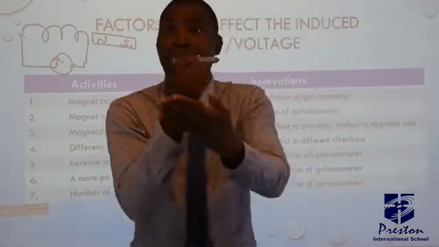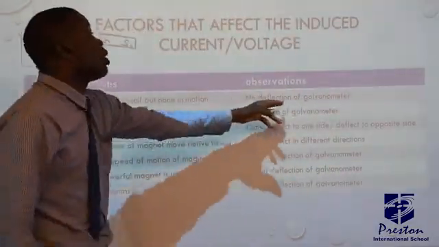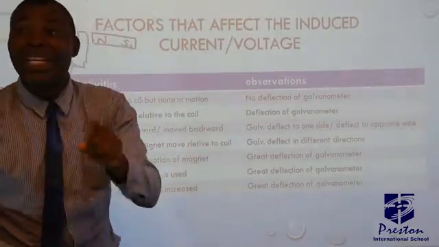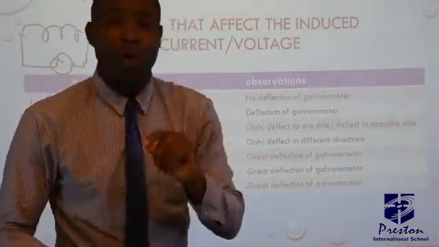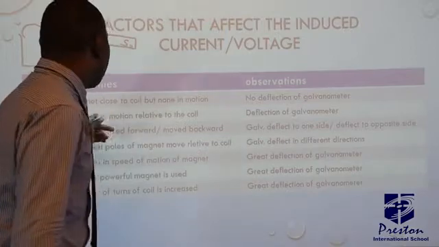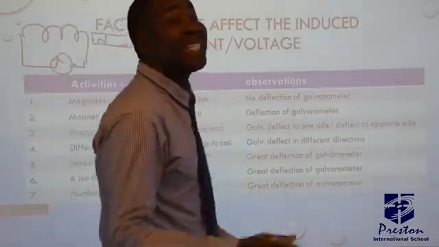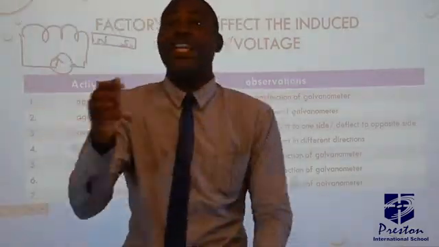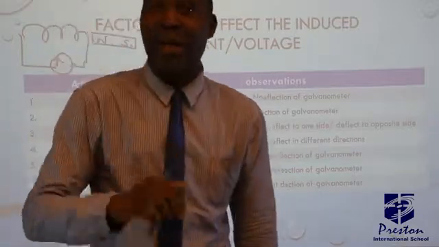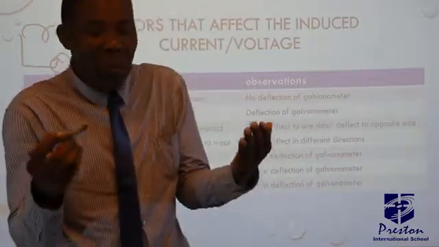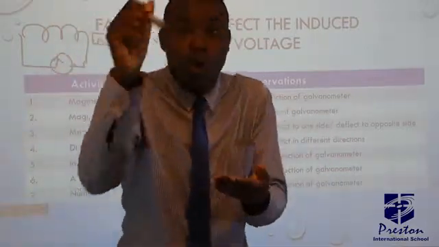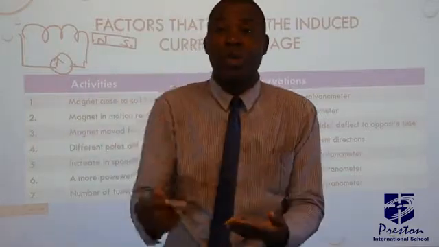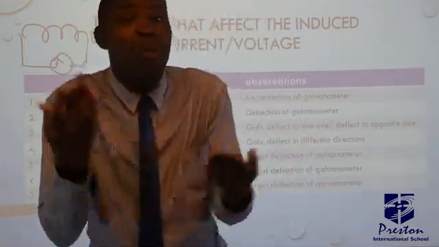The coil is not moving, the magnet is not moving, we observe no deflection of the galvanometer, meaning that no current has been induced, no voltage has been induced. Well, with a magnet in motion relative to the coil, anytime the magnet moves relative to the coil, there's going to be a deflection in that galvanometer, meaning that for there to be induced current, for there to be induced voltage, the magnet and the coil must move